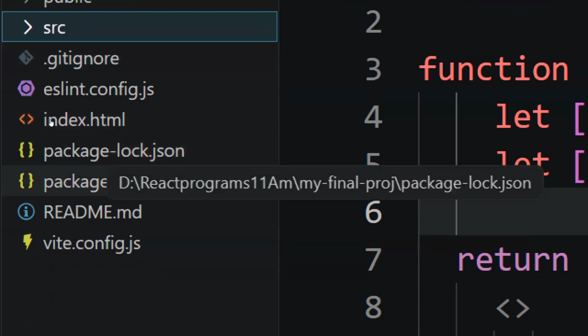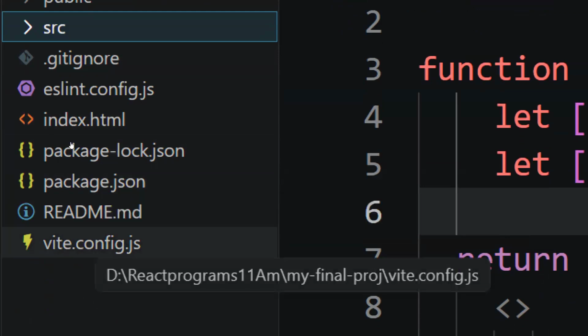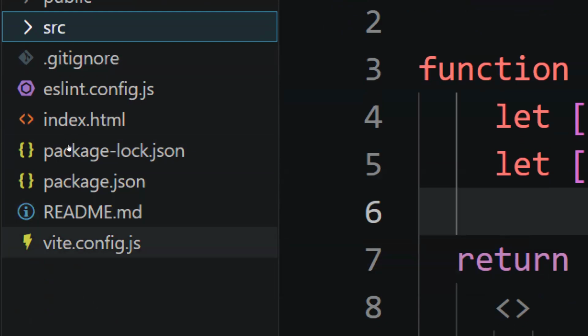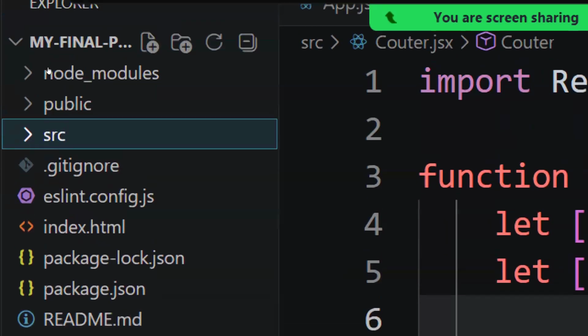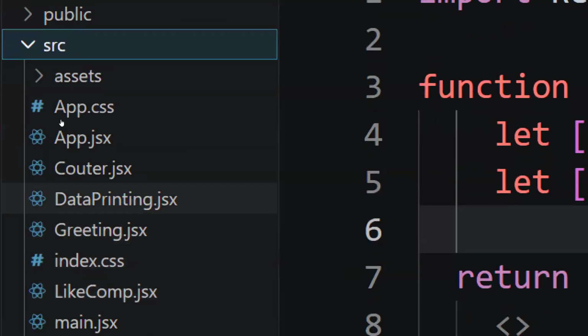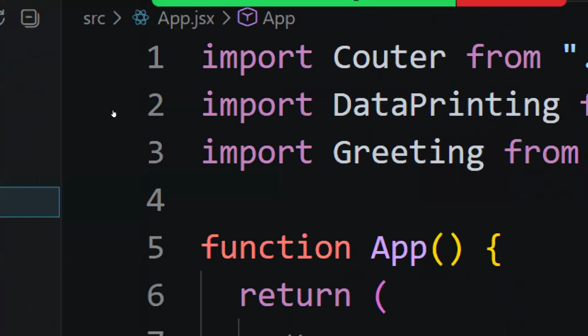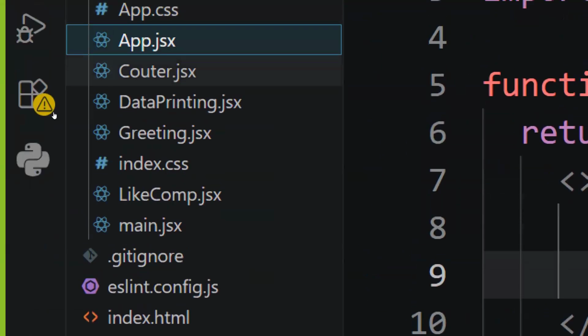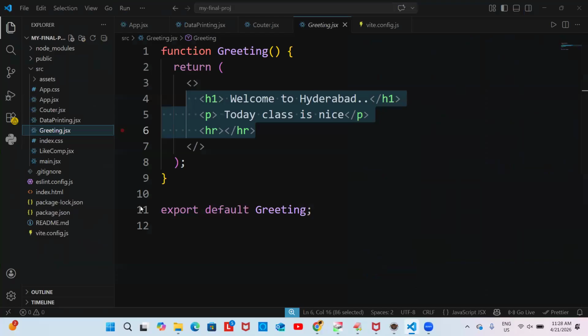Fine. See, package.json, I told you, contains all the dependency information. And vite.config.js is a Vite configuration file where we can change the port numbers and so on. Up to now we have app.jsx, counter.jsx and greeting.jsx. In app.jsx they have already given it, and we return counter.jsx and greeting.jsx. When they give the files like this,